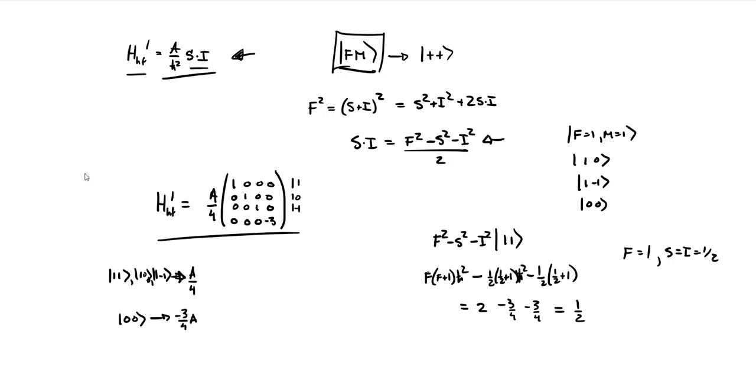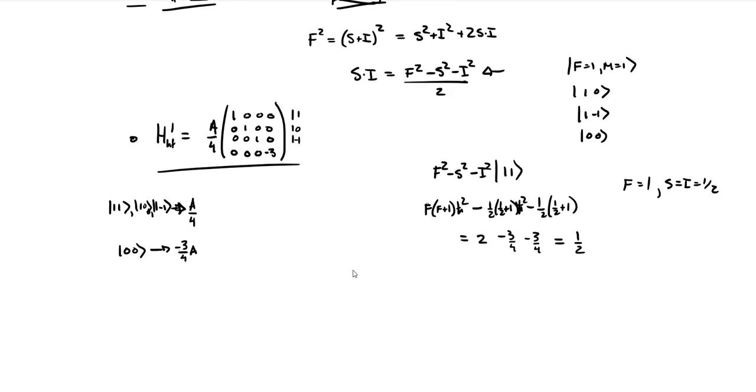So really quickly, knowing that we had to use this basis, we can solve our hyperfine perturbation. The thing that allowed us to identify it was a good basis to use was that total angular momentum is conserved in the system we're looking at, so we want quantum numbers associated with that. Anyway, hopefully you followed this. Again, next video we're going to go through just the general addition of angular momentum, not just a 1/2 electron spin and a 1/2 nuclear spin. We're going to look at it in general.